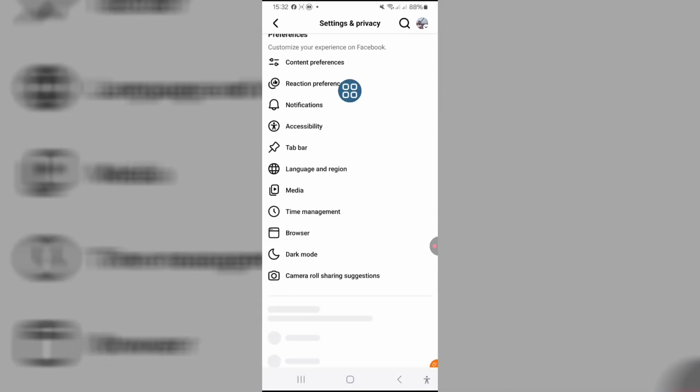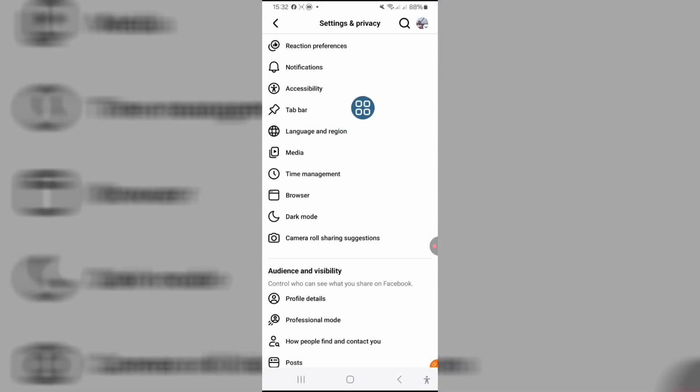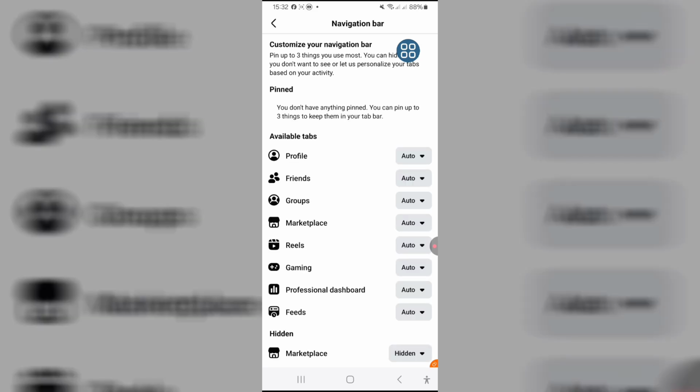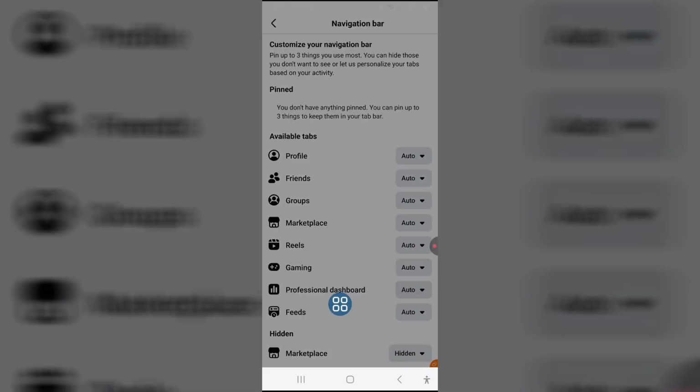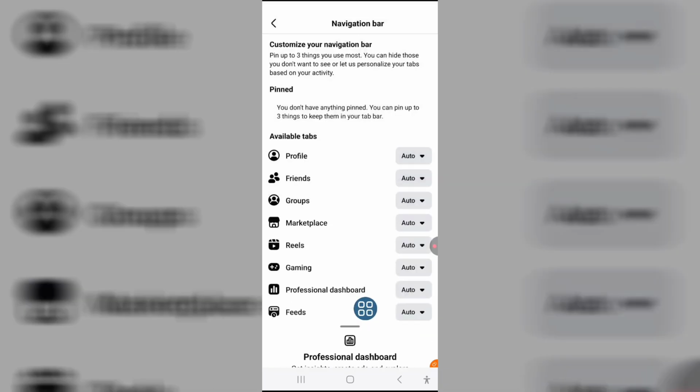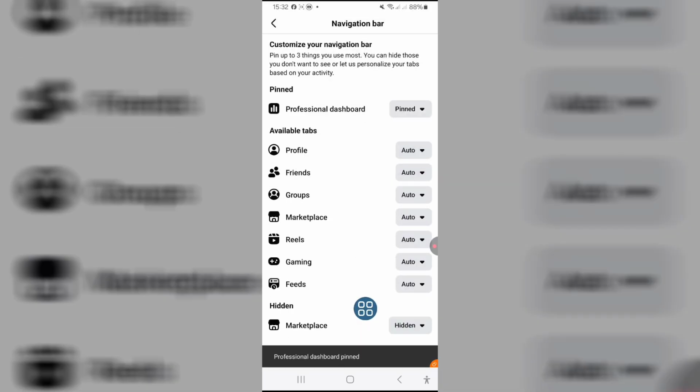Just scroll down and see here, tab bar. Now tap on this and now tap on customize the bar. Please wait. See here, professional dashboard beside O2. Just tap on O2 and now tap on pin. Fill up this form. Just go back